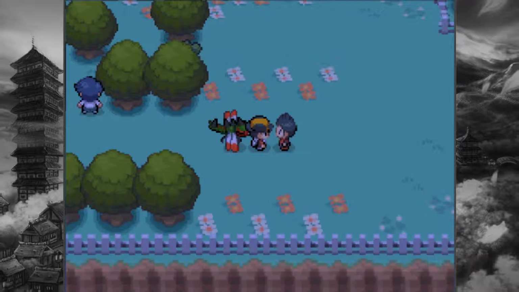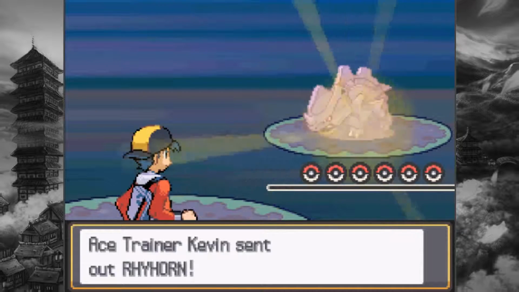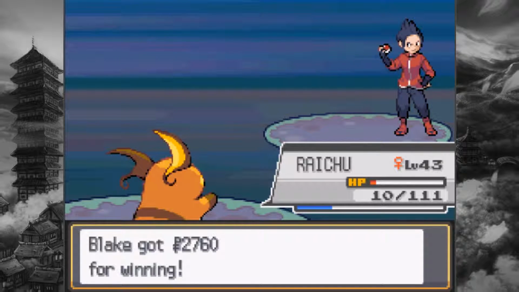And you also get to take on this guy and his 3 Pokemon. One of them you're going to see right now, which is a Rhyhorn, and his name's Kevin. Kevin, I'm your biggest fan! SpongeBob reference. He also had a Charmeleon and a Wartortle, but I just cut that out because there was an